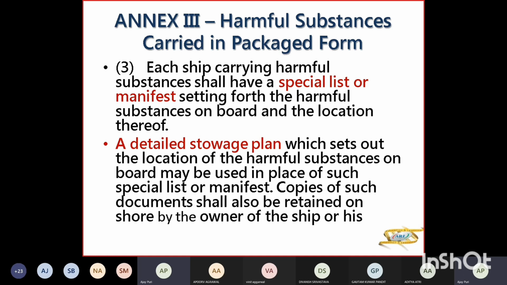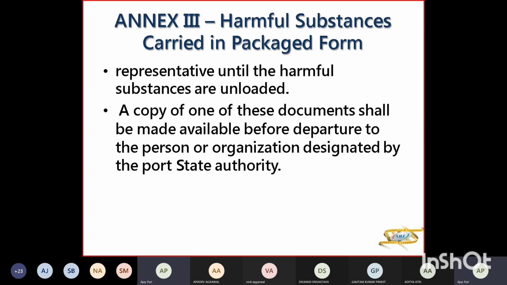प्लस आपका डिटेल स्टोरेज प्लान होना चाहिए टू लोकेट द हार्मफुल सब्सटेंस which can be used in place of special list और मैनिफेस्ट। तो अगर आपने स्पेशल लिस्ट और मैनिफेस्ट नहीं दिया तो एक डिटेल स्टोरेज प्लान दे दो कि भाई आपने कहाँ रखा है। प्लस ये कॉपीज ओनर के पास होंगी जब तक ये डिस्चार्ज नहीं होता और हिज रिप्रेजेंटेटिव अनलेस दिस कार्गो हैज बीन डिस्चार्ज। प्लस इसकी कॉपी पोर्ट स्टेट कंट्रोल के पास भी होगी और अगर उसको नहीं दी तो वो आके आपका क्लियर ग्राउंड दे देगा डिटेल इंस्पेक्शन के लिए और जहाज को होल्ड कर देगा। तो कॉपी उसकी देनी पड़ेगी मैनिफेस्ट की या डिटेल स्टोरेज प्लान की पोर्ट स्टेट कंट्रोल को भी।